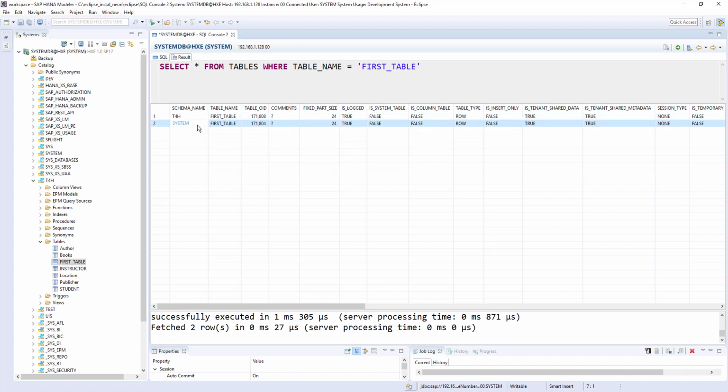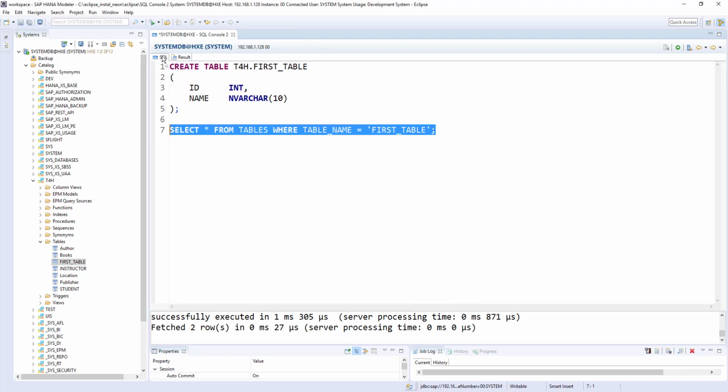You can create the same table in multiple schemas, because the table name is always referred to by schema name concatenated with the table name. That's why the combination of these two becomes unique. Okay, let's see how to create a column store table then.